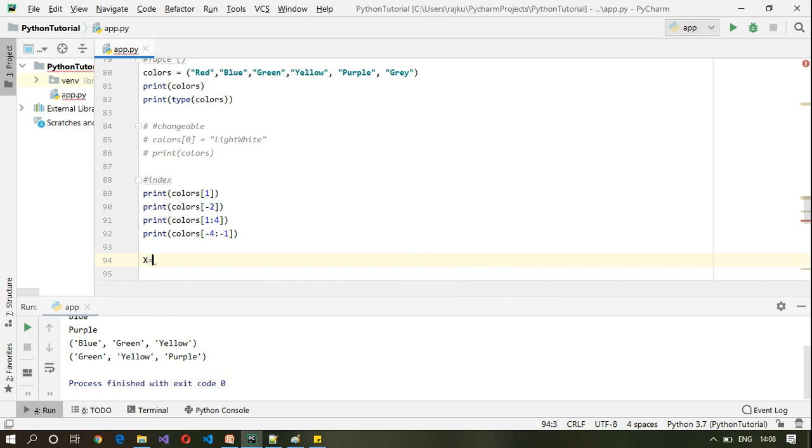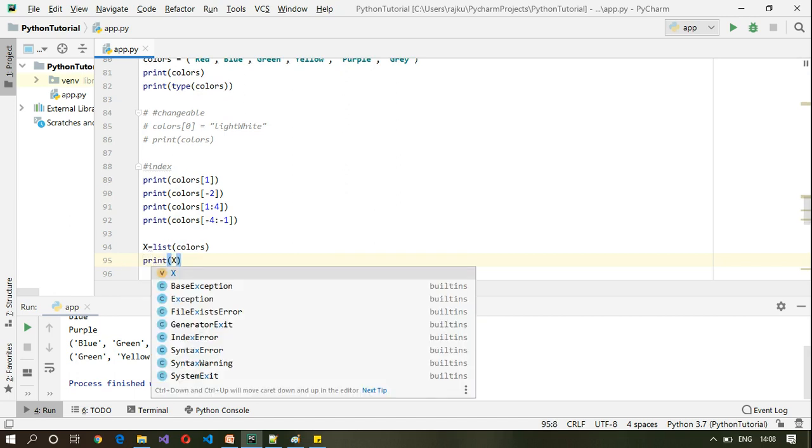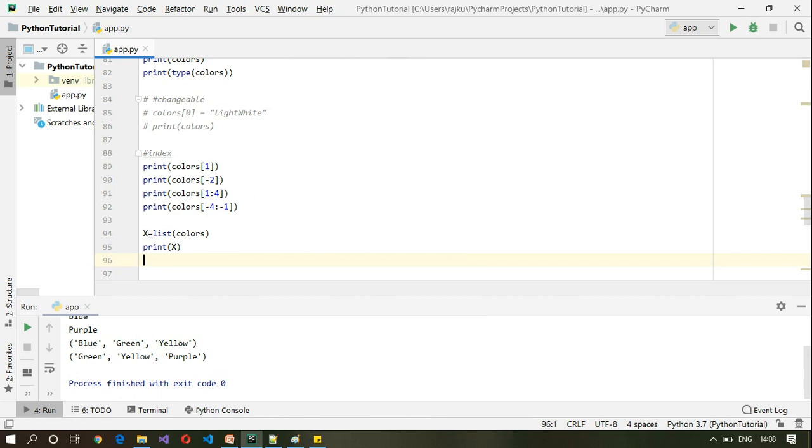Let's say x is equal to list of colors, print x, and then x of 0.